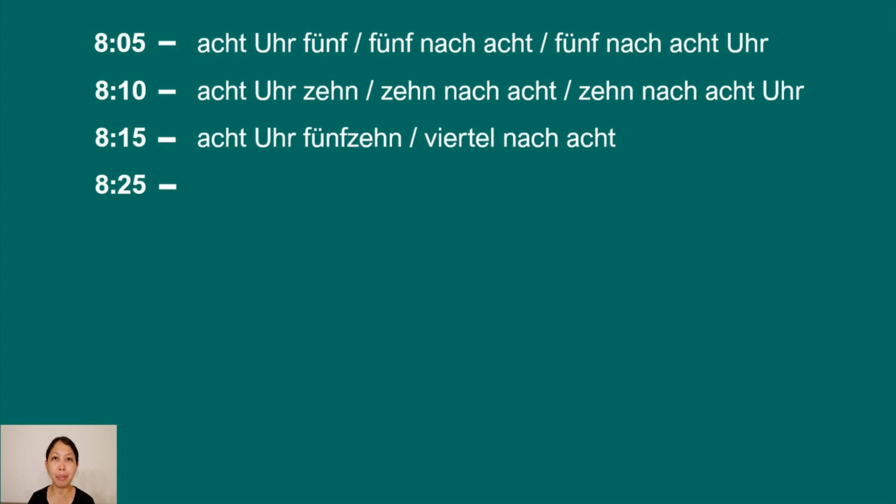8:25. This is a bit complicated, but the different way to say it is 5 vor halb 9. Vor means before.